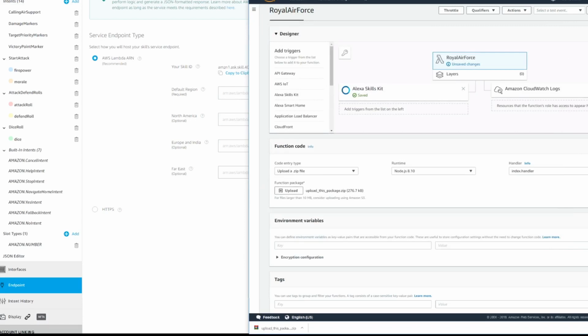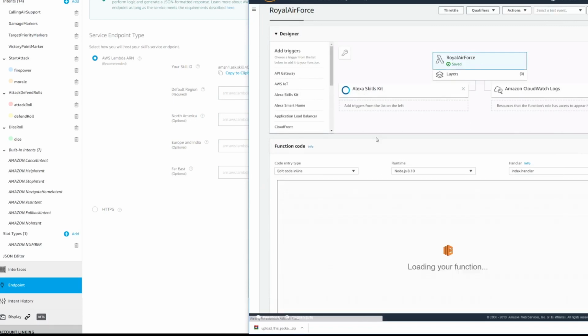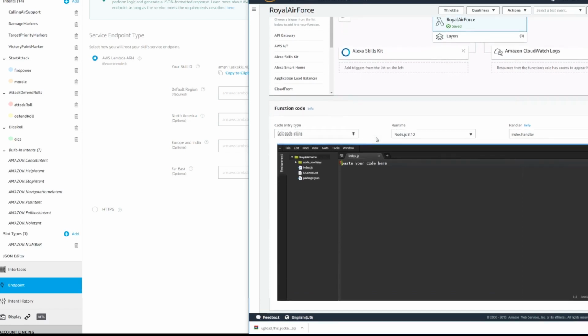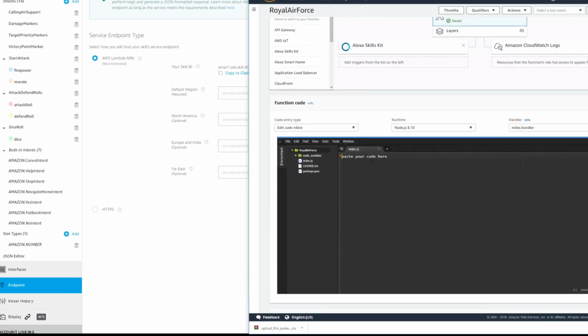All right, now that's loading. I want you to notice on the left, you see node modules. You have the libraries that you need to make Alexa talk: the Ask SDK, Ask SDK Core, the DynamoDB database stuff, the Ask SDK model, and the i18n and sprintf. You have everything that you need right now in the node modules to make this work.